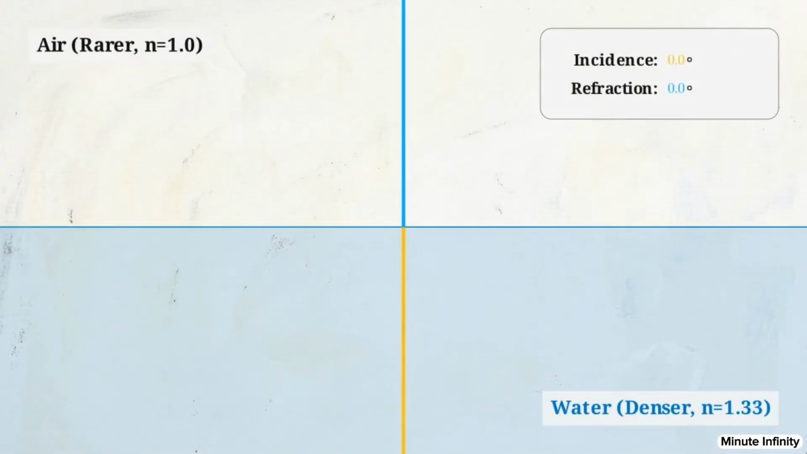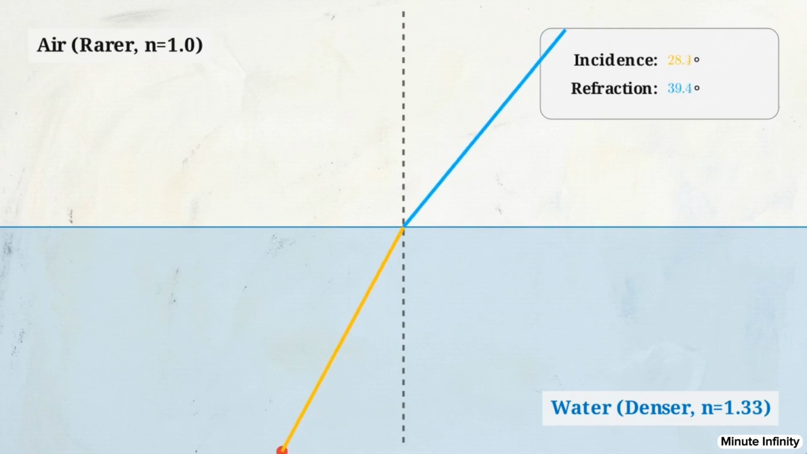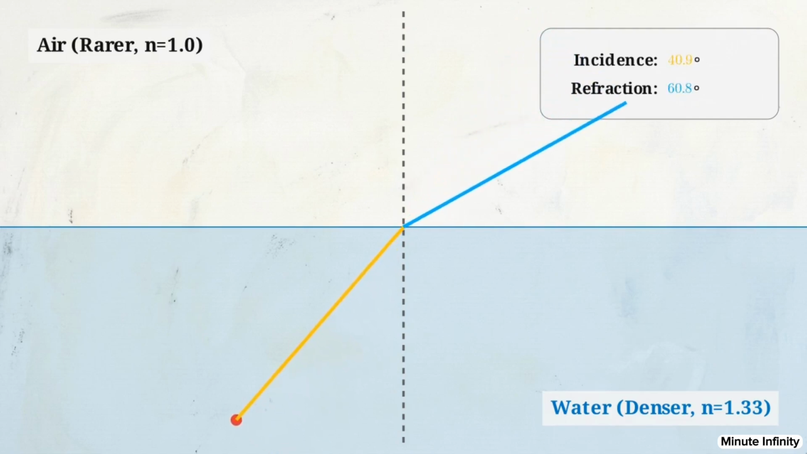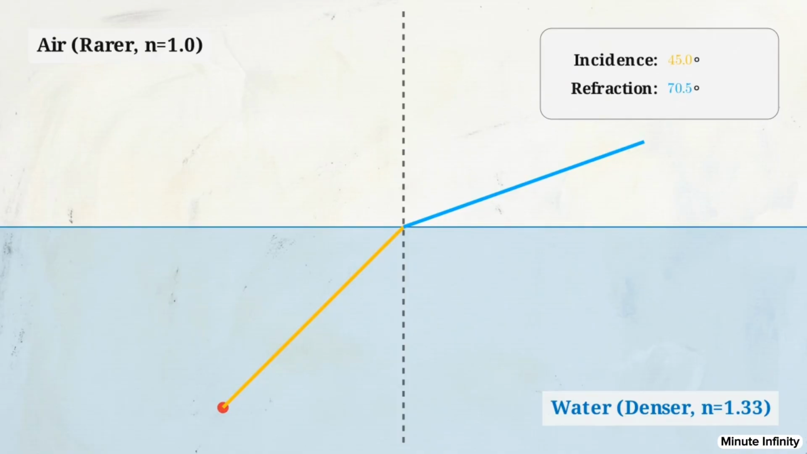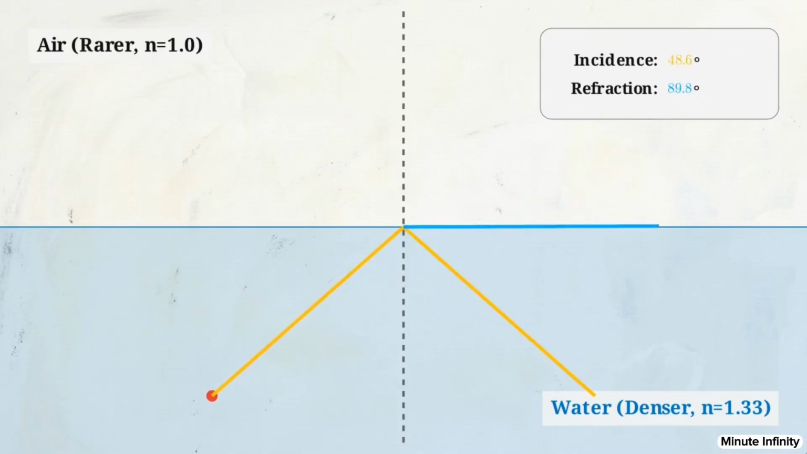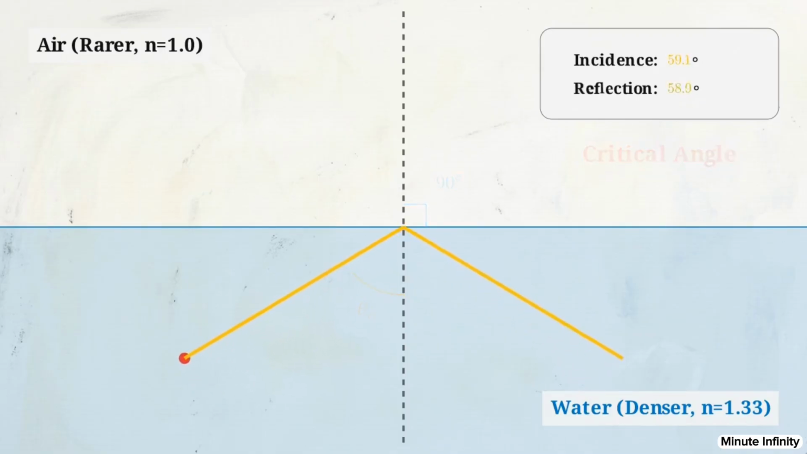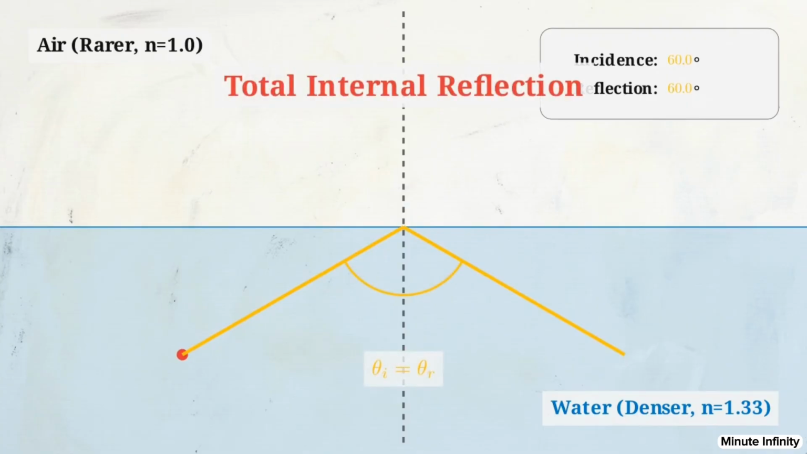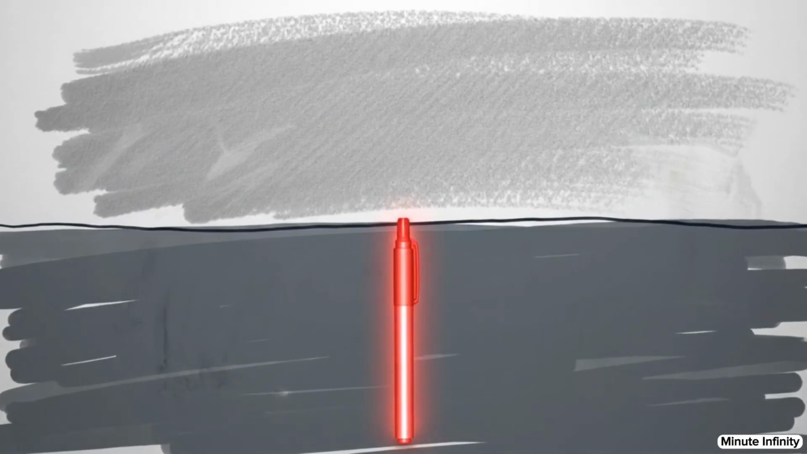Consider a light source originating in a dense medium, like water, pointing upward into a lighter medium, like air. As we increase the angle of incidence, the refracted angle increases even faster, bending away from the vertical normal. Eventually, we reach the critical angle. This is the limit where the refracted angle hits exactly 90 degrees, grazing the boundary surface. If the angle of incidence exceeds this, refraction becomes impossible, and the light reflects entirely back. Total internal reflection demonstrates that the boundary between materials acts as a mathematical wall, enforcing strict geometric rules on light's